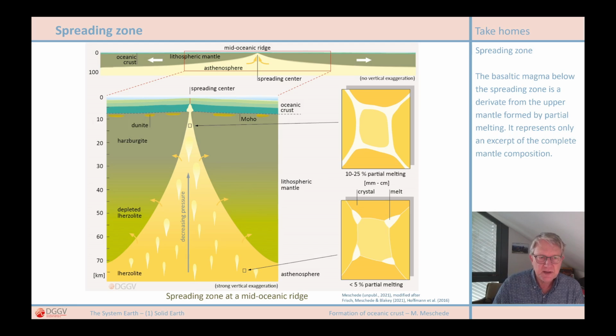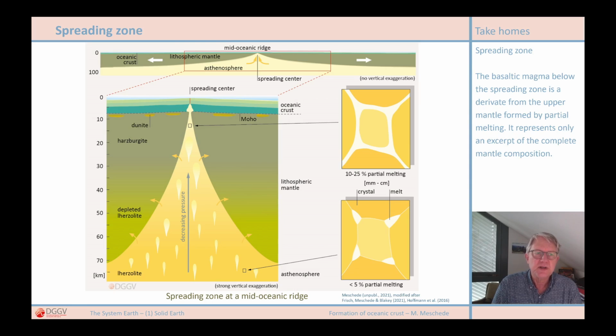Here we see the illustration that I already showed in one of the previous videos of the formation of the oceanic lithosphere. The main focus was on the structure of the oceanic lithosphere as a whole and how its thickening and increase in average density can be explained. In this video, as I said, I would now like to concentrate on the oceanic crust in the area of